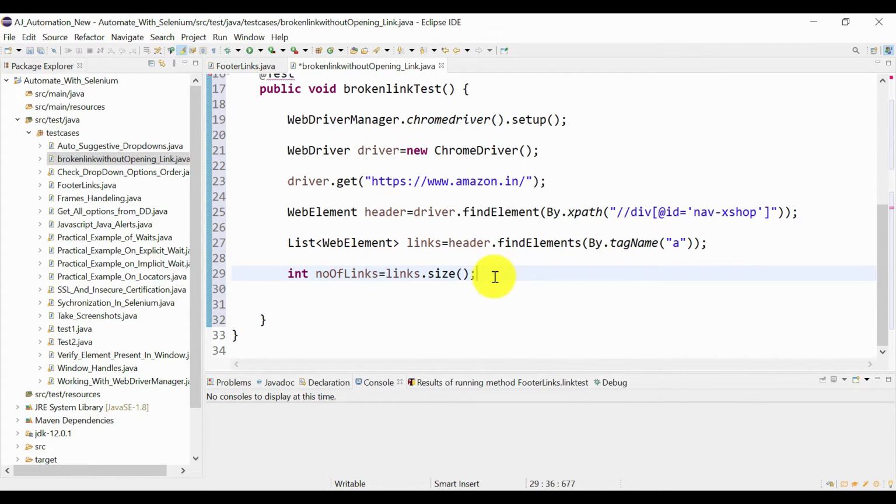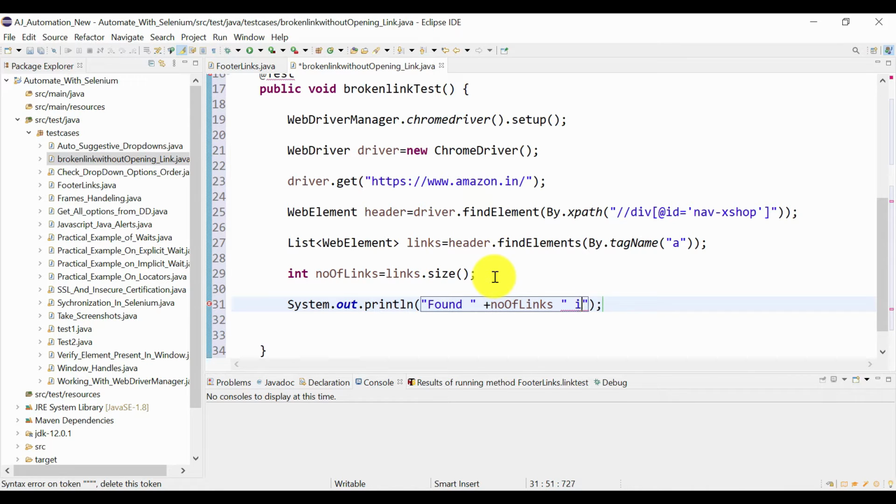So we will just print it in the console: found this many links in the header.